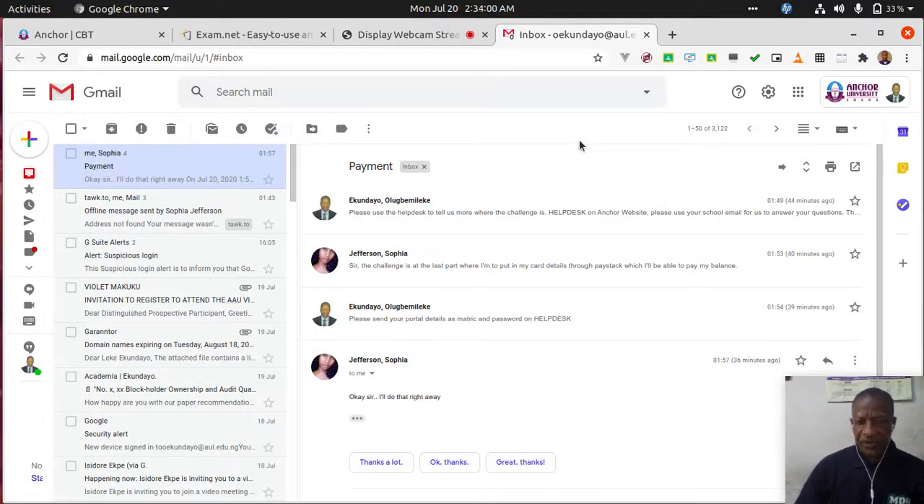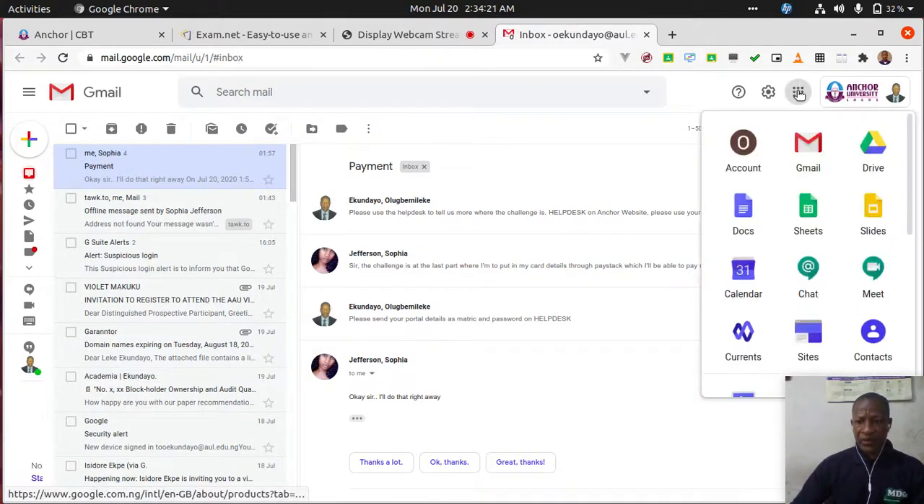In preparation for the remote assessment, lecturers will come to their official email. From the official email, they will click on the Google app here. Click on the Google app, you come to calendar,